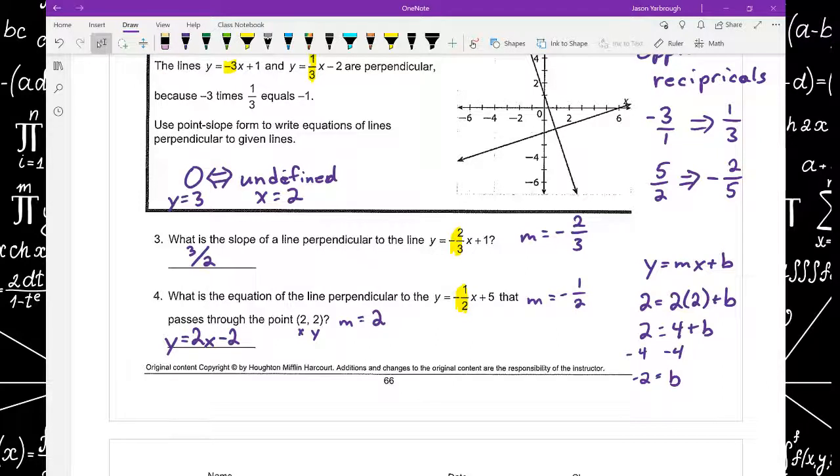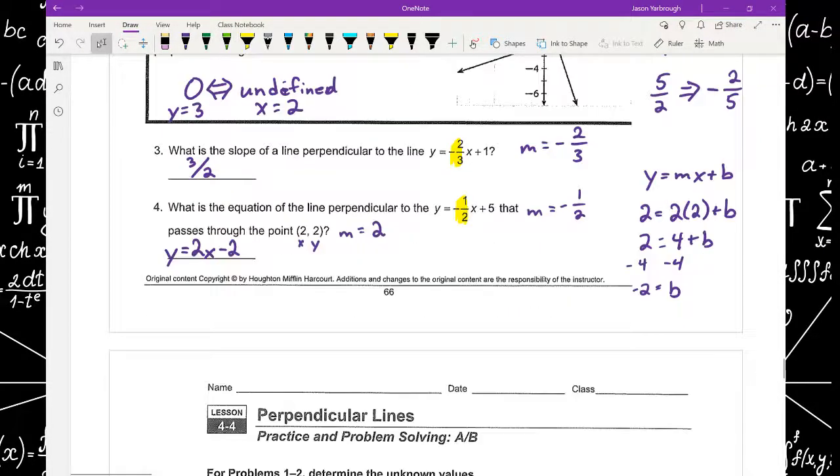Alright, we're going to look at some problems on the homework, and again, whatever is not covered is assigned to you for homework. So let's look at